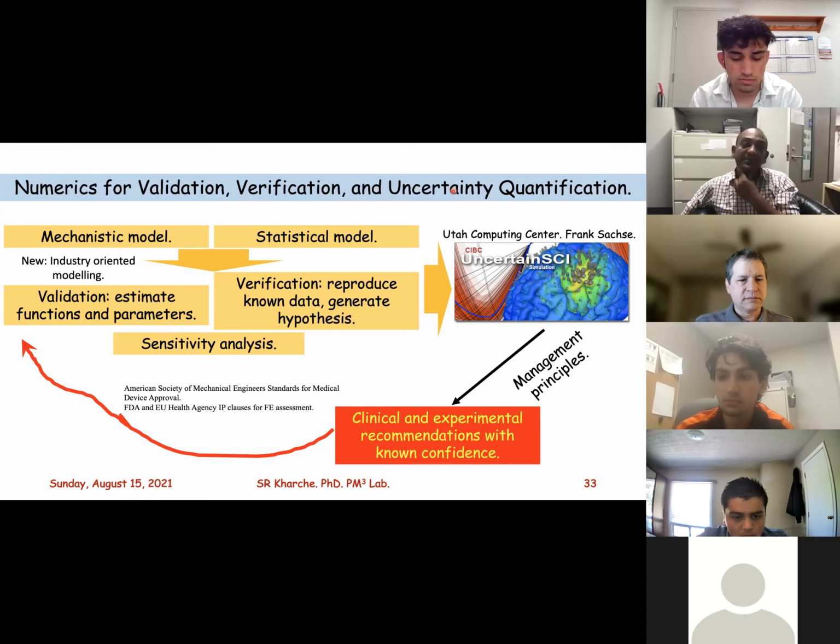All of these have to come up to standards that have been agreed by not you and me. There are certain persons in authority inside of, say, for example, the Food and Drug Authority, the EU Health Agency, and other agencies such as the American Society of Mechanical Engineers. They all prescribe standards, and we have to comply with those standards prior to our models being useful for saving